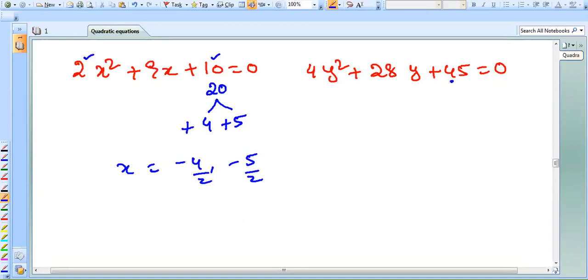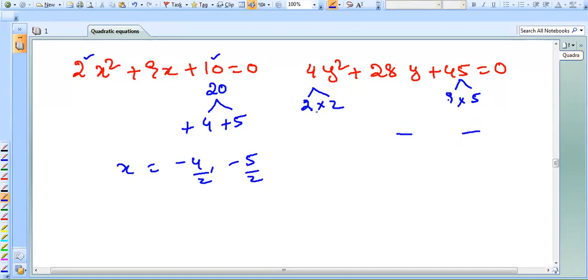Sir, here the value is big, sir. No problem. We can do it like this. 9 5s can I write? 2 into 2. Now you have to use the trial and error method. Trial and error method means by taking 2 factors. We are having 4 factors here, but we have to merge these values and write 2 values only. 2 into 9, 18. 2 into 5, 10. 18 and 10.